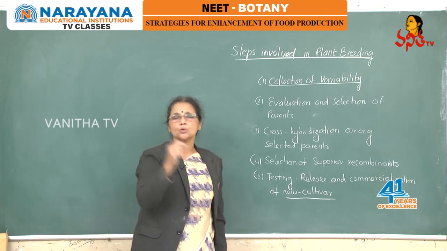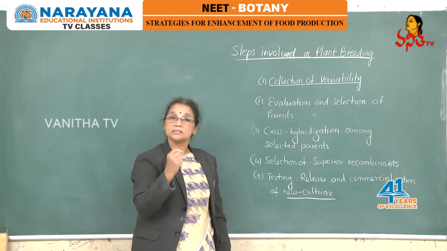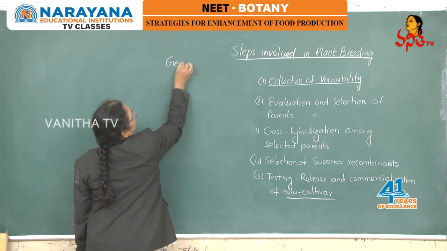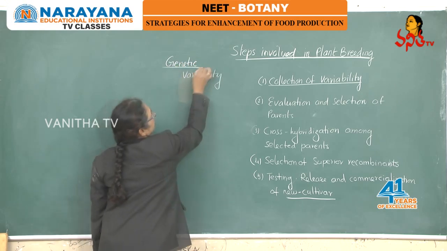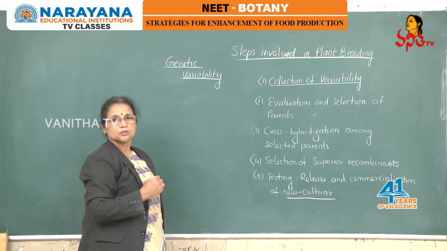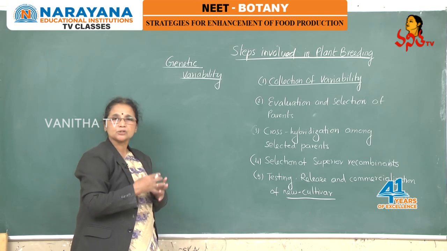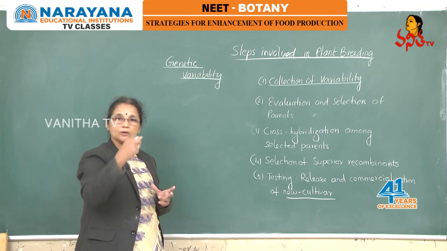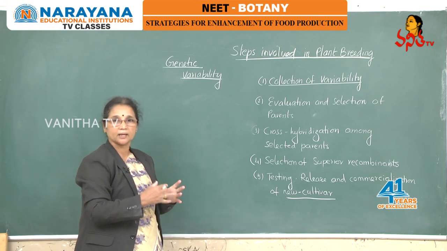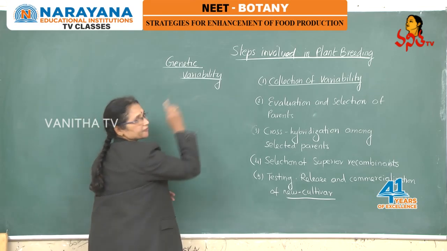Right. So first we are going to learn about the first step of this plant breeding program, collection of variability, and what is the root of the plant breeding program? It is nothing but genetic variability. We can say that genetic variability is the main root for all the plant breeding programs. So what is meant by genetic variability? It means combination of new genes which incorporate the new characters or new traits in the existing cultivated varieties, and that will come under collection of variability.